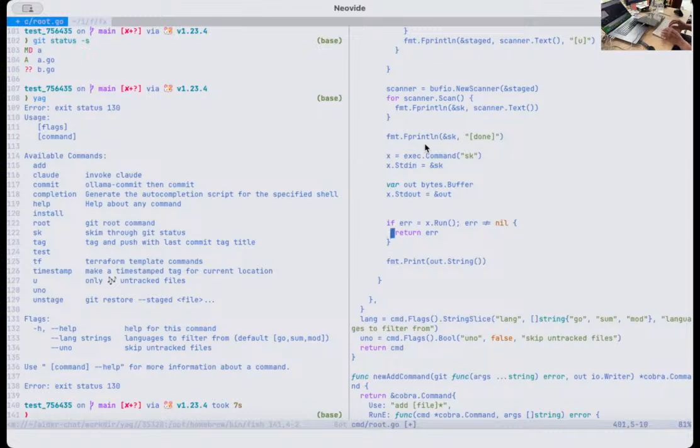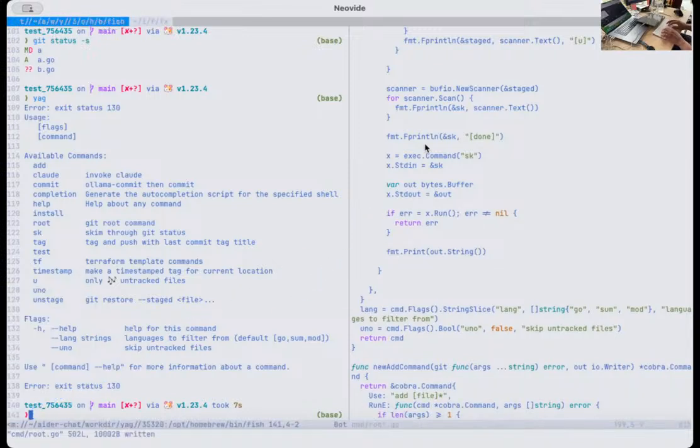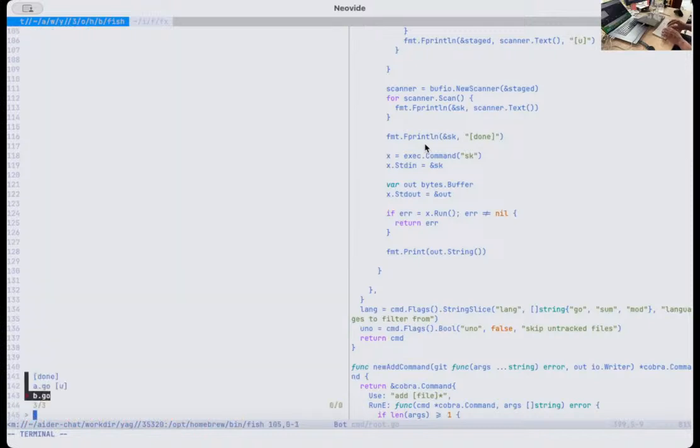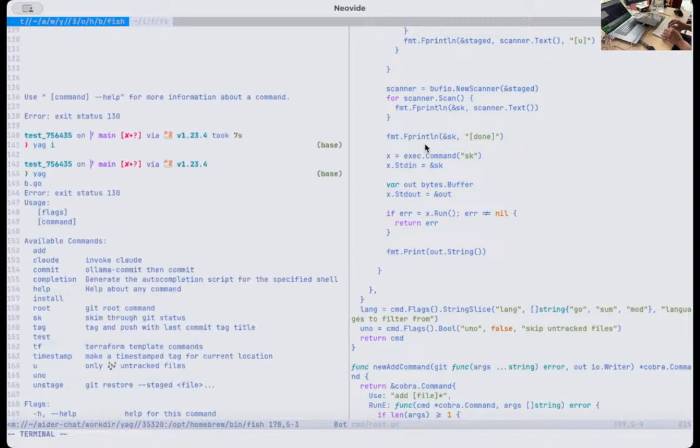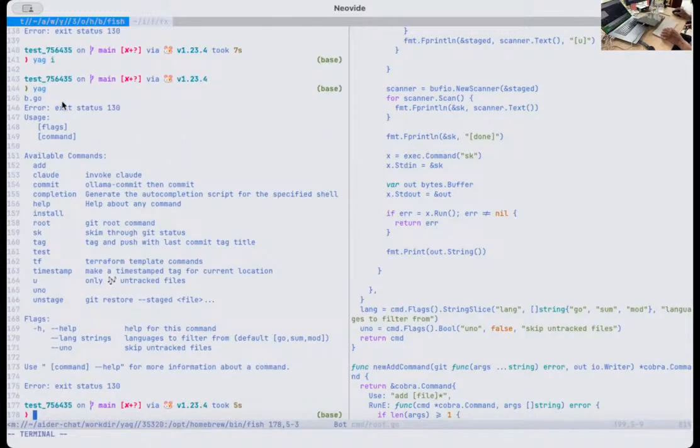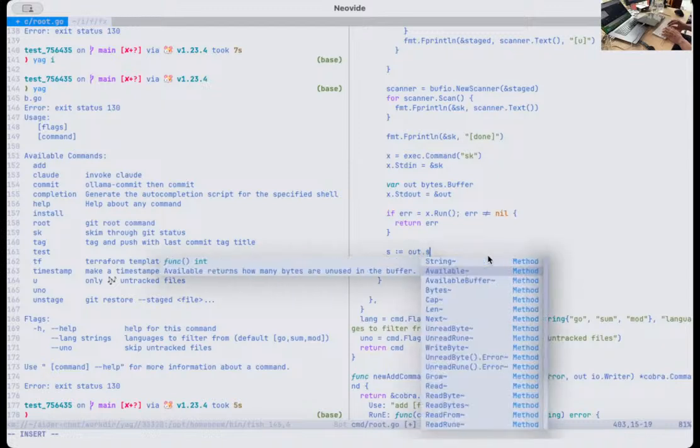So to just display this, let me yag install again, let me yag back here. So if I do this and do Control C, b.go, b.go here seems to have a new line just after it. So if I print this now, if I call it s out.String